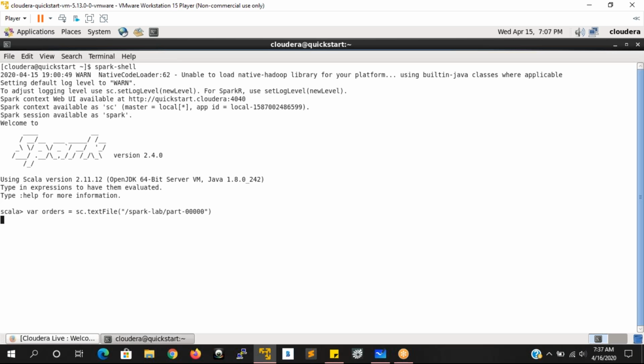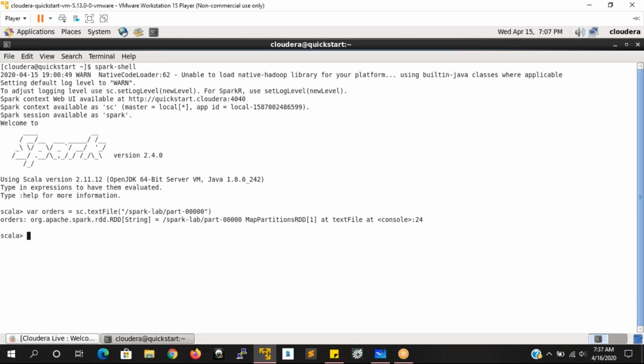So here I'm creating an RDD with orders. Orders is an RDD which we read from the HDFS file system, where we have the data folders.